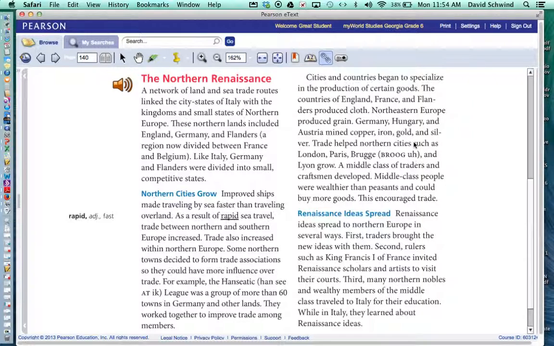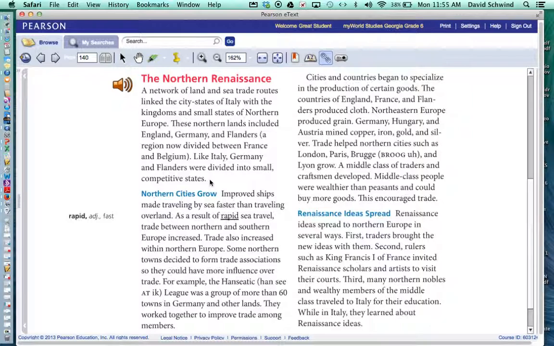Now, if you look at your little sheet, it says, what cultures helped to shape the Renaissance? Would it have been England, Germany, and Flanders, a region now divided between France and Belgium? Like Italy, Germany and Flanders were divided into small, competitive states. I don't think we've quite got to that question yet. But if you look at number 6, it'll ask you about